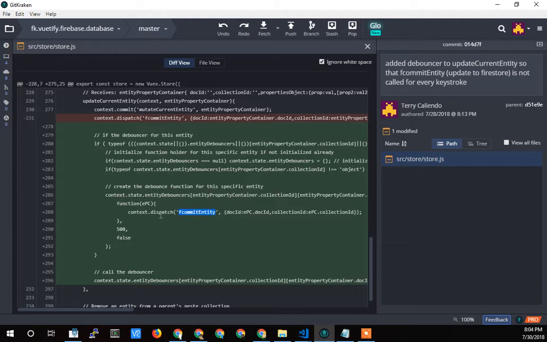And so I'm telling it, hey, take this function, put it in this debouncer thing here, and for each time I call a keystroke, each time this update current entity gets called, only call that commit entity